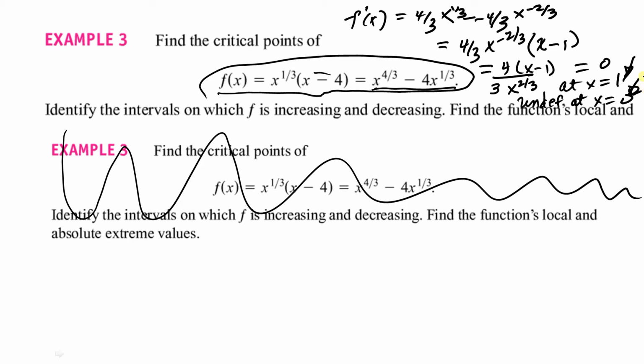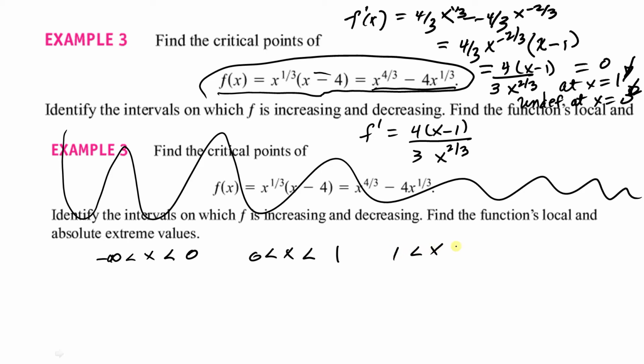So now we need to look at f prime equal 4 times x minus 1 over 3 x to the 2/3 power. And we need to look at x between minus infinity and the place where it's undefined, which is 0, and between x equals 0 and x equal 1, and then finally between x equal 1 and infinity. And we need to pick test points. Test point I would pick on the first interval is minus 1. For the second interval I would pick a half, and in the third interval pick about 1.5. And now let's look at the sign